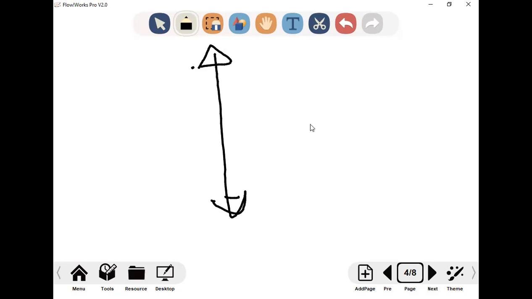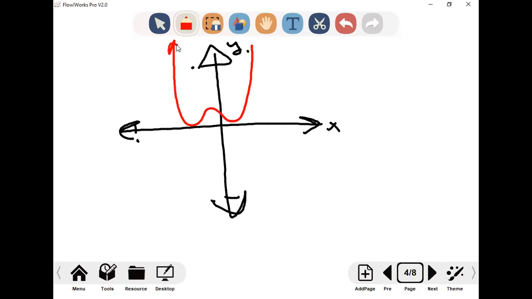ركز. This is the coordinate plane. X-axis, y-axis. I will graph it using the red, something like this, right? Now, this line here, see it, is the line of symmetry, right? At which point does it intersect with the x-axis? At -1, right? So what is the line of symmetry? اتفقنا؟